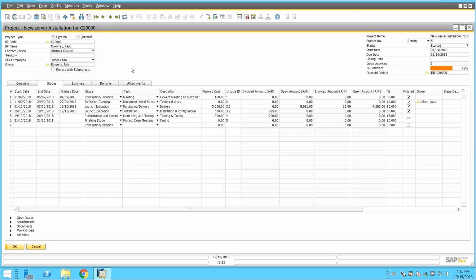Okay. So here I created a small project just to show you. It's a new server installation, for example, for a customer. And then here I have the customer details. Here I have a project name. I can put my project in several statuses: started, paused, stopped, and finished. I put a start date and an end date, the due date actually. Once you're done, you can close it. You have some activities, you have the completion bar here,